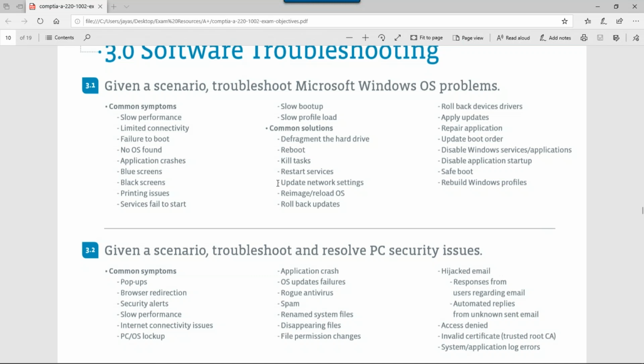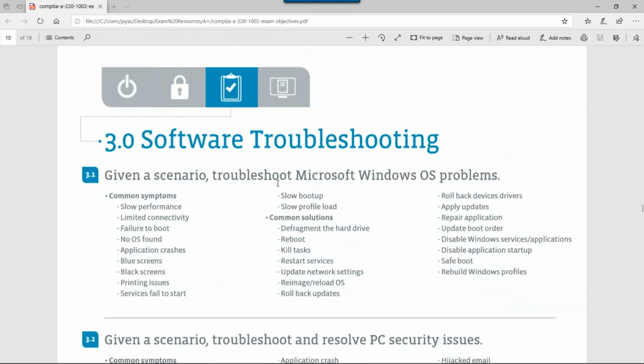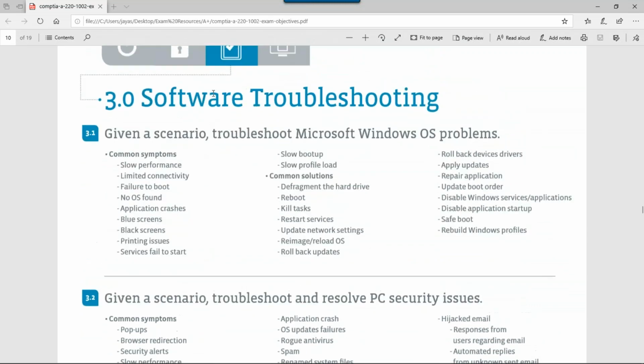So that's my warning to everyone. This section right here can be confusing. It can throw you off, even people that are a little bit more experienced. So just read the question. That's really what it boils down to. Make sure you read the question and understand what they're asking, and then go with your gut.